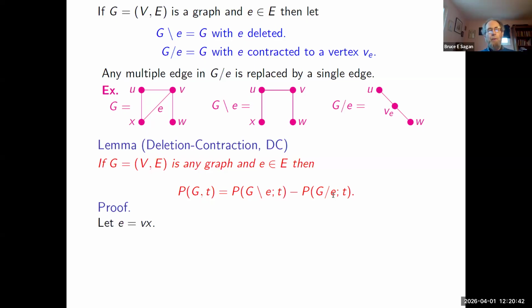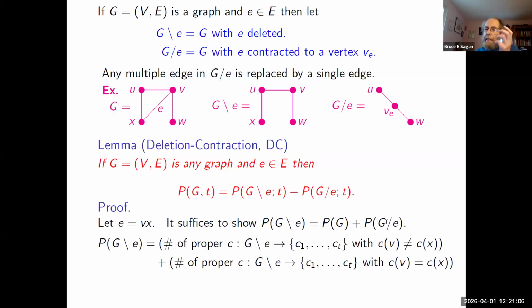Just to give it a name, suppose E is the edge VX. And since I'm doing combinatorics and I like pluses better than I like minuses, I'm going to prove this in the form where I bring the negative term over to the other side. So I'm trying to prove that P of G with E deleted is the chromatic polynomial of G plus the chromatic polynomial of G with E contracted. Okay? But think about it. If I delete E,